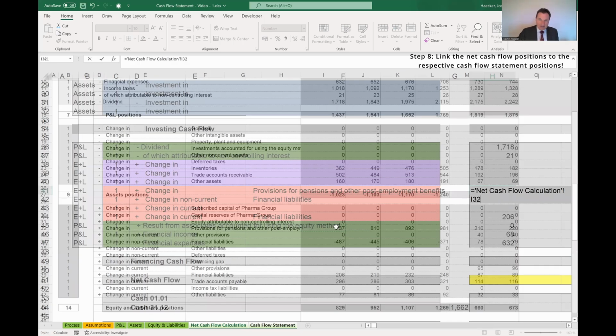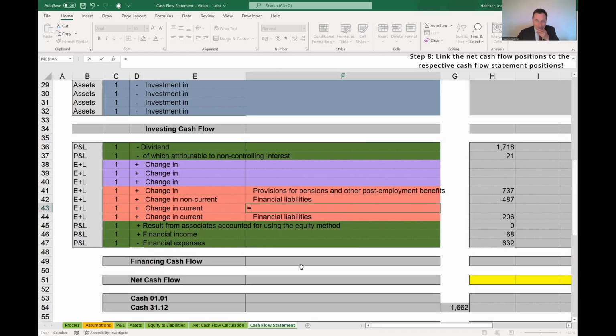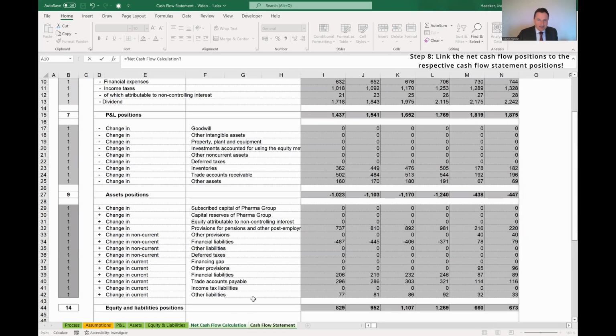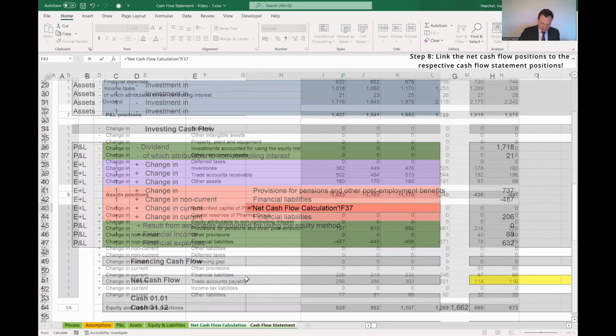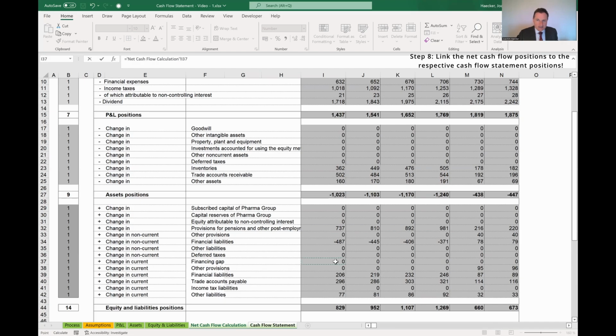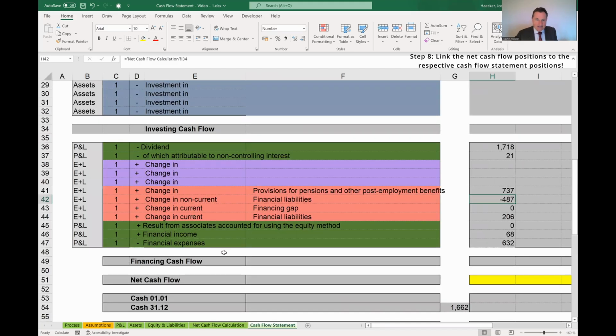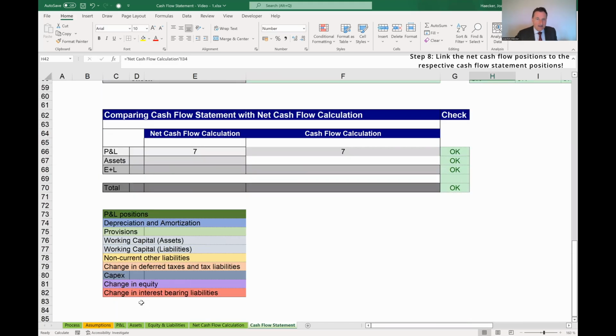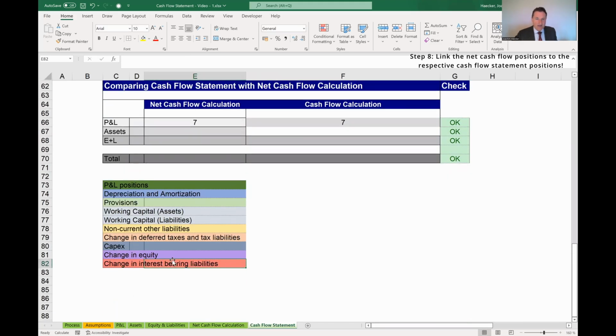And last but not least, don't forget the financing gap, which, unlike the excess liquidity position, needs to be taken into consideration. Financing gap. And in our case, it's a 0. Financing gap, 0. Done. So I analyzed the change in interest-bearing liabilities position. So I defined what positions are interest-bearing liabilities. Next one, I'll